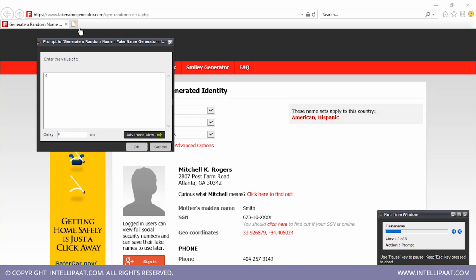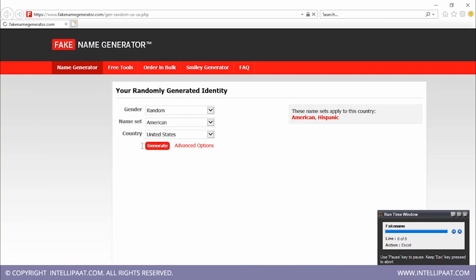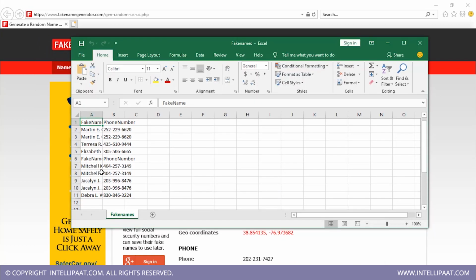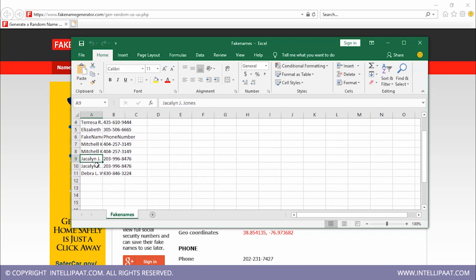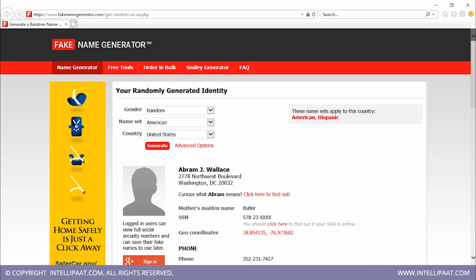Let's say we want 5 values this time. Here it is. We have the information of all the people. 1, 2, 3, 4, 5. 5 names and 4 numbers. This is the first time I did it. I selected 4, so we have 4 people, and here it is 5 people. So that's how it works.